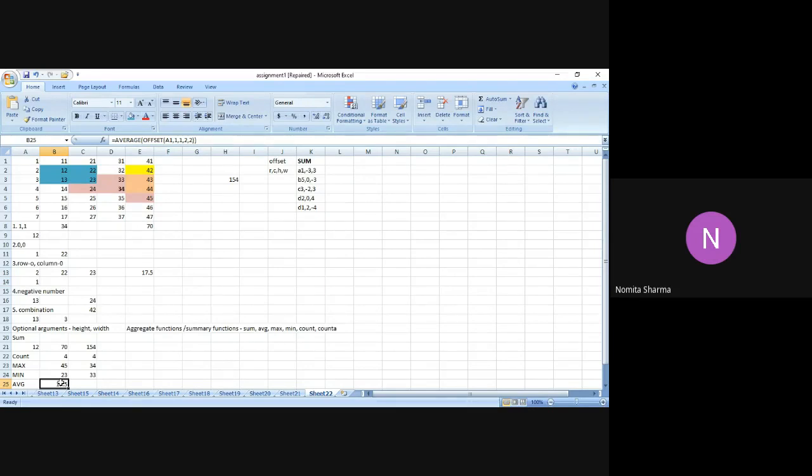That is nothing but you are validating your own result, because sometimes the result you get, as you remember when we were doing V lookup and H lookup, results were being shown, but we have to be very sure about the result that we are getting, whether it is right or wrong. It could have given me any other number, especially if we have mentioned some other row. So we must verify the result that we are getting by cross verification. That is how you can actually verify, by summing up the numbers, by calculating the average, and by counting the numbers, or by seeing the max and the min value from the given range.